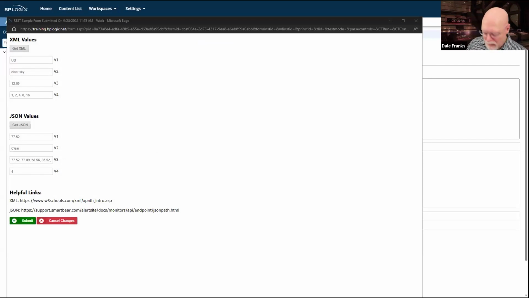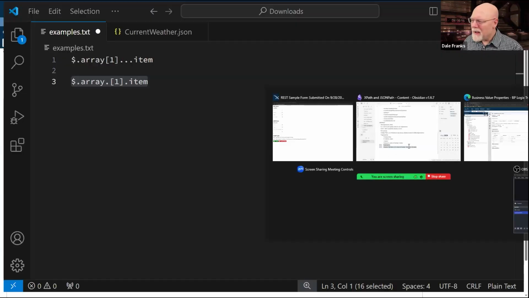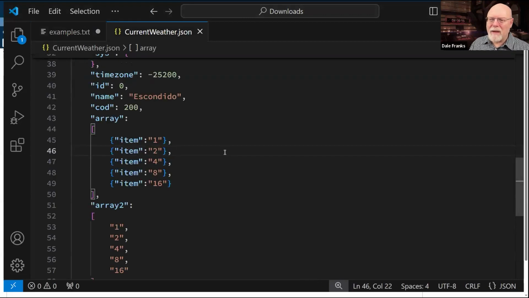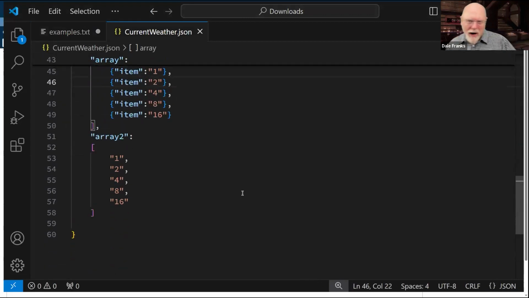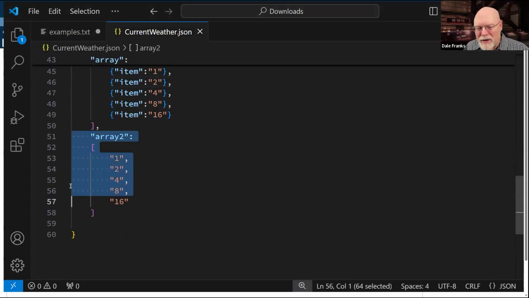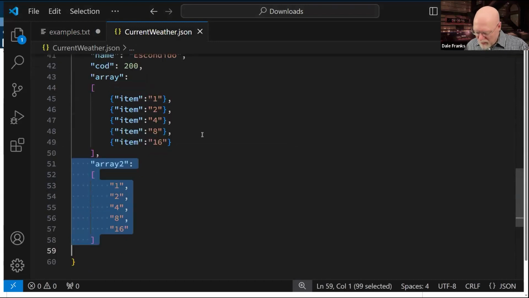Now, I want you to notice in this particular one, because JSON is highly unstructured, whereas XML is highly structured, I can present an array to you like this. Now, in the array here at the top, I always have item.